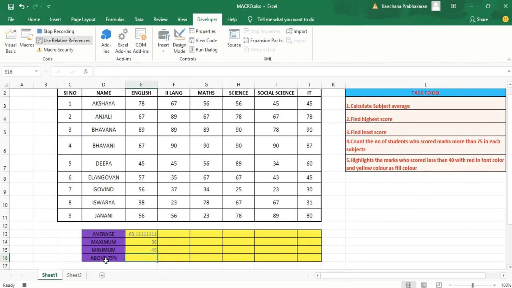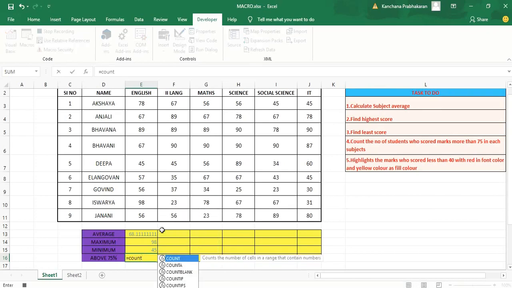Now I am going to find the formula for students who got above 75 marks in English. So I am going to give some condition. I want to count the number of students who got above 75 in English. So I am going to use the formula as equal to count if. Why am I using if here? I am going to give some condition, which means it can go for the count if function. Open the bracket, then give the same range E3 colon E11, then put the comma because I am going to give some condition, no? For that I put the comma here, then put the double quotation, within quotes.